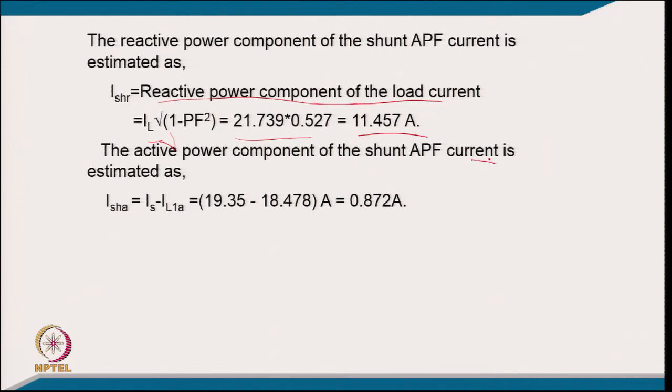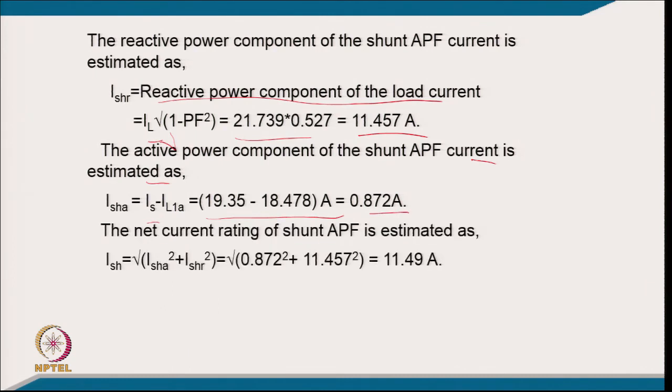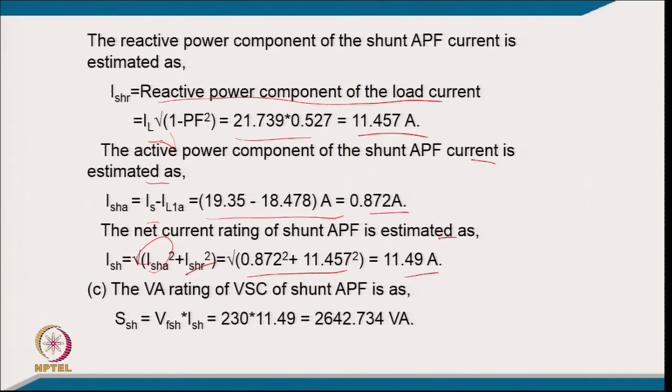The active power component of the shunt filter, which is circulated through this, IS minus IL1A, putting the value comes 0.872 ampere, and the net current of the shunt active filter is the square root of active component square plus reactive component square. So, putting the value it comes 11.49 ampere, and the VA rating of the shunt active filter is the voltage of 230 multiplied by the current of it,